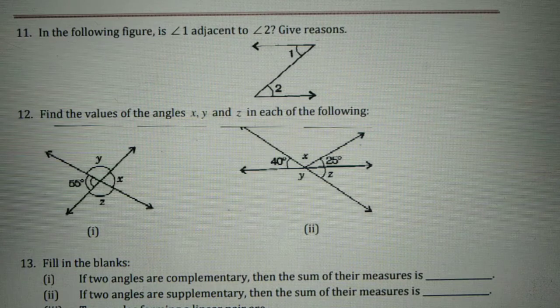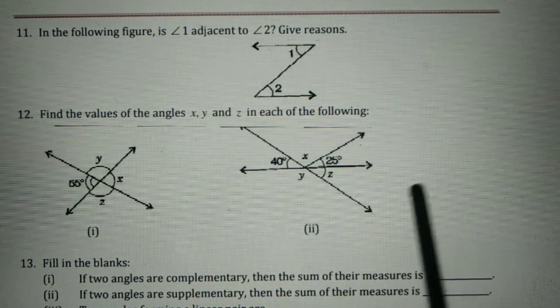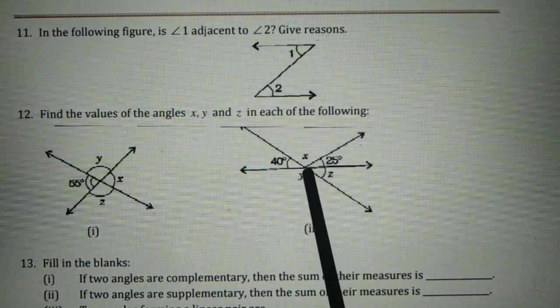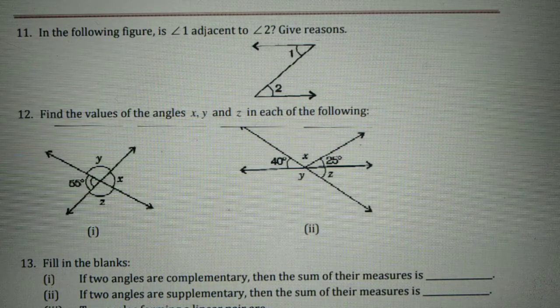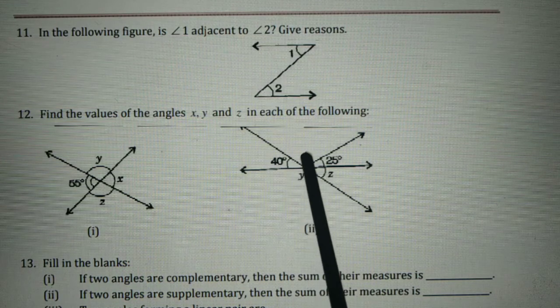Now see the next diagram of the 12th question, in which two lines intersect with each other. You can see one line is a complete line, this one. These intersect with each other, and this is the ray from the common point, the common vertex. Now we have to find out the unknown angles, that is angles X, Y and Z. Now let us see one by one. Observe. First of all, find out the angle X. How can we find the angle X?